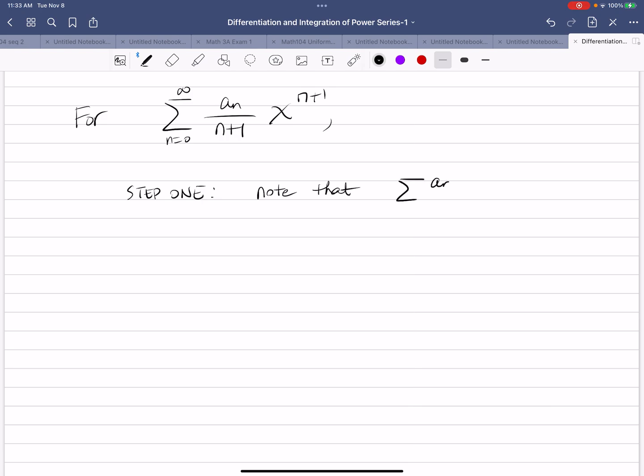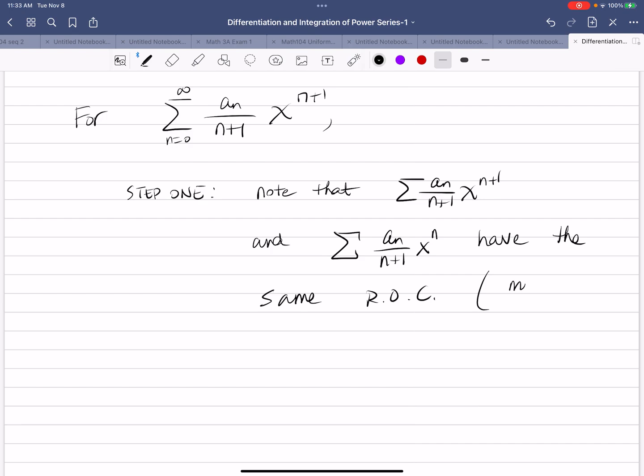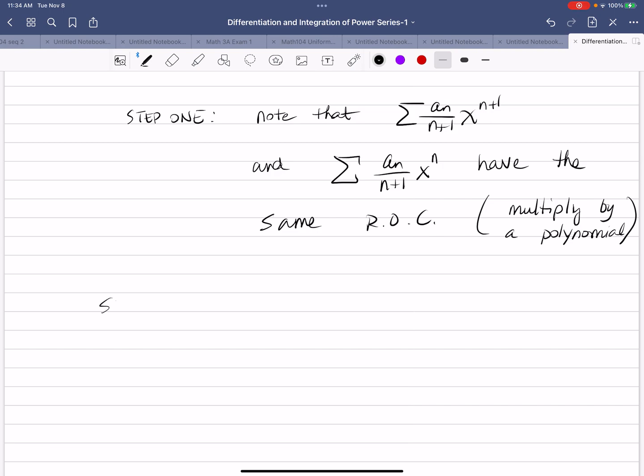Note that these two power series have the same radius of convergence. And then step 2 would be to compute